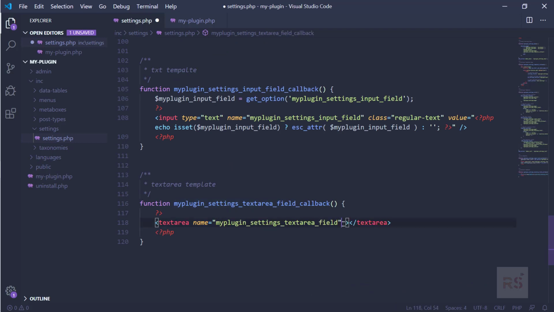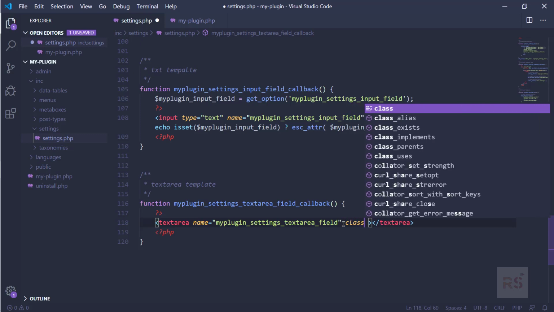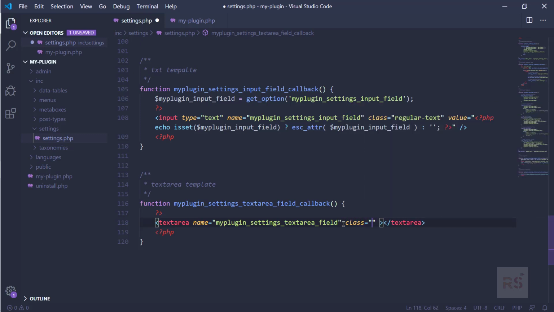And then we are gonna use a class here, and the class for this will be large text, and this is a WordPress CSS class, and let's say 10 rows. We will use 10 rows, and next one is the